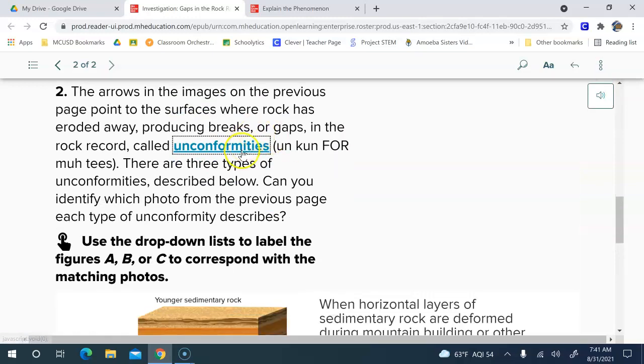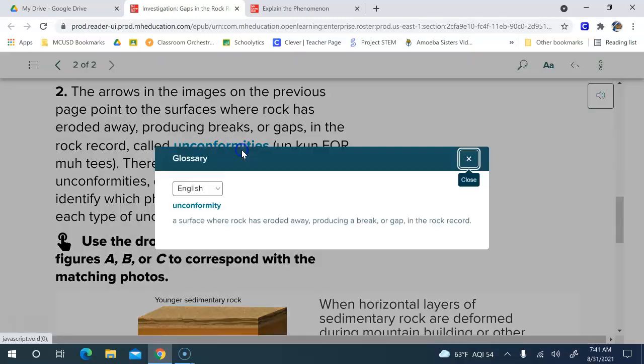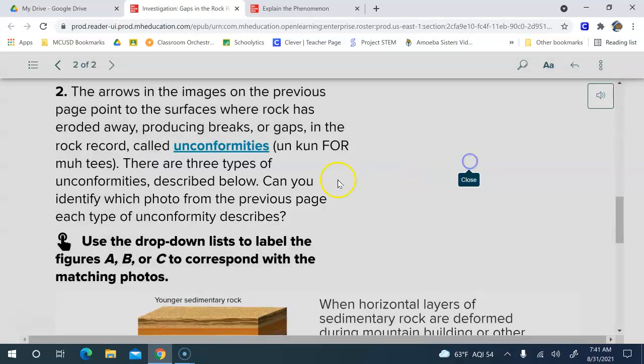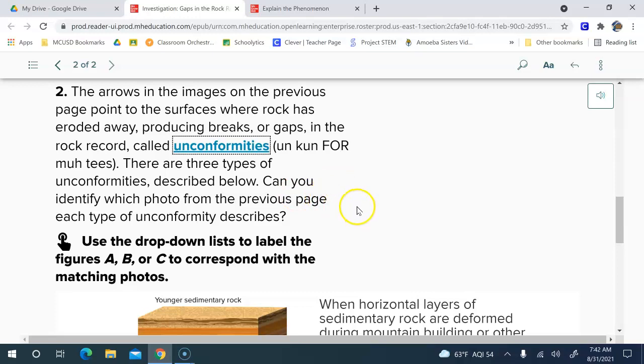This talks about unconformities. Now if you need to, you can open the glossary here. So you can open it up. It tells you that an unconformity is a surface where rock is eroded away, producing a break or gap in the rock record. So the arrows on the images actually show unconformities. And there are 3 types of unconformities, and you're going to try to identify which photo from the previous page